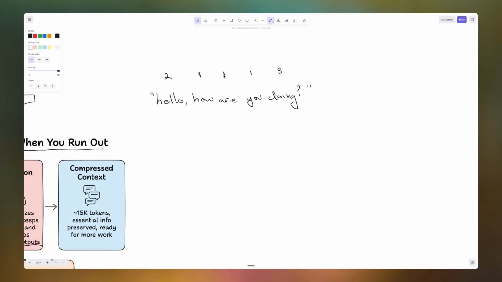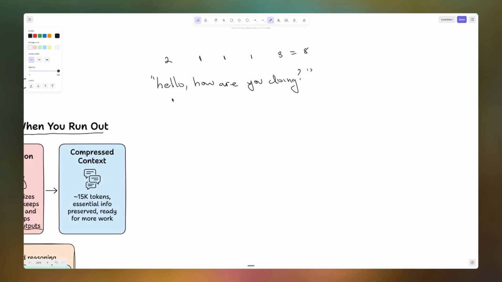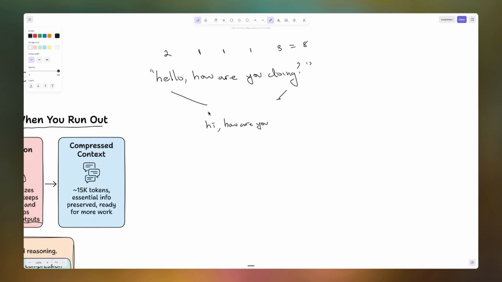So in total, if you count all this stuff up, depending on the thing you're using to do the embedding, that's 8, right? Well, compaction is literally going to take this sentence and compress it. So it's going to say, hi, how are you? So now that's 1 token here, 1 token here, 1 token here, 1 token here, equals 4.